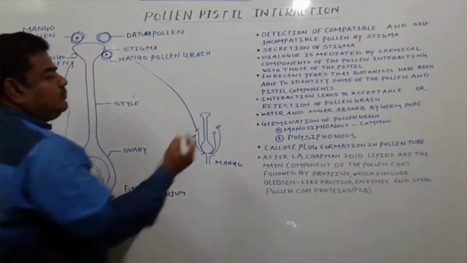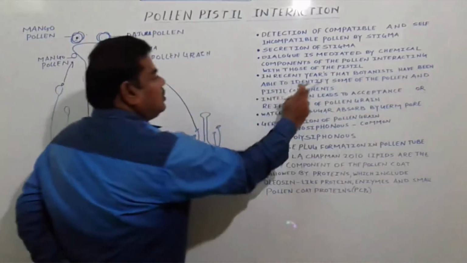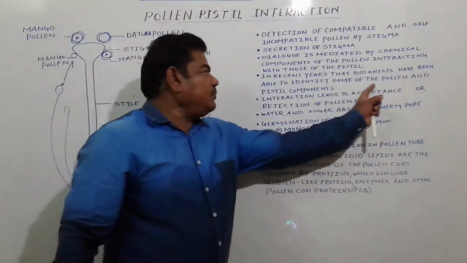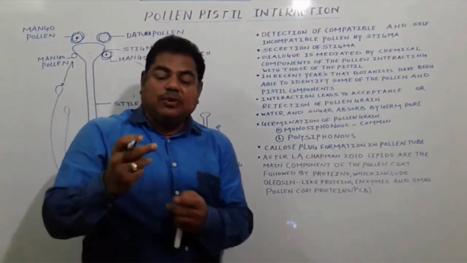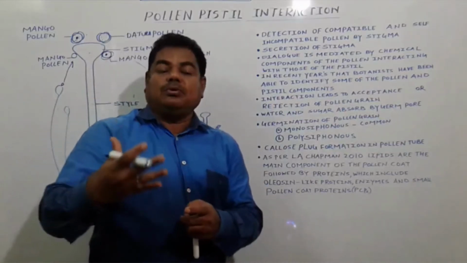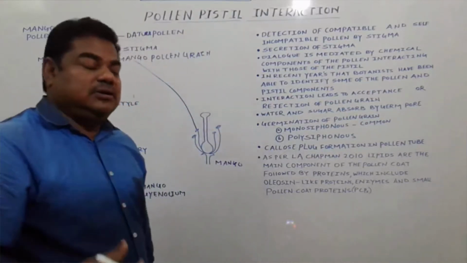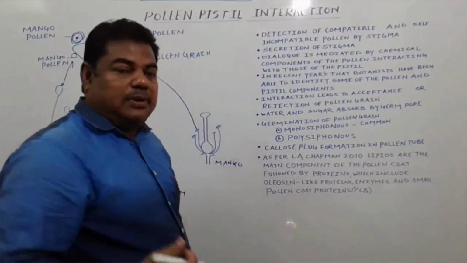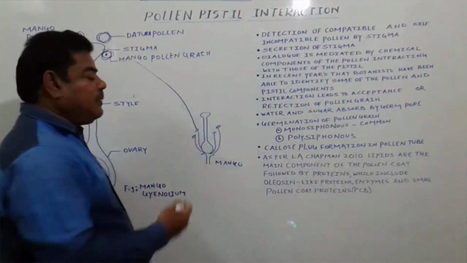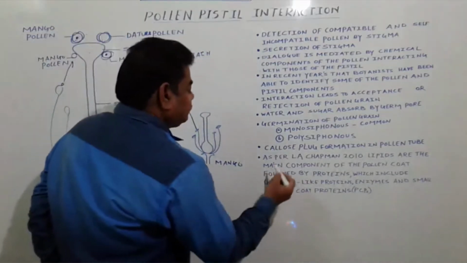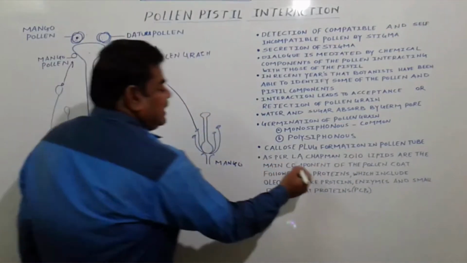In recent years, botanists have been able to identify some of the pollen and pistil components which are responsible for detecting the most compatible pollen grains. That component was discovered in 2010, in a paper published by Yale Campman. As per Yale Campman,